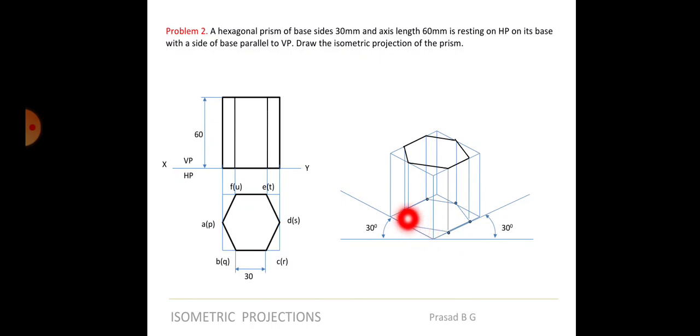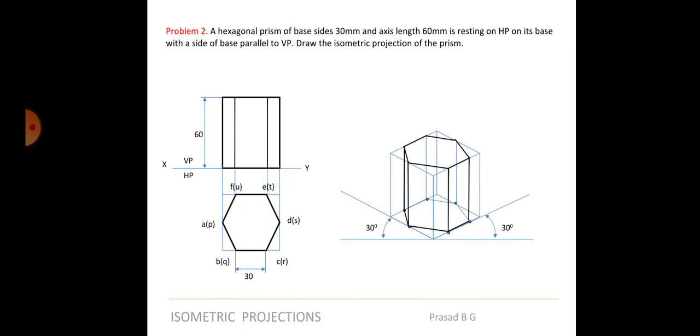So when you check the base also, this point A to B will be visible, B to C will be visible, but C to D is not visible, D to E is not visible, E to F is not visible. Okay, only the edge will be visible. So inner portion, nothing will be visible. So you have to keep it either very light or remove it. That's up to you, but better to keep it because you've already done the drawing. Why to again erase it? So let's keep it very, very light, and whatever is visible, let us make it dark.